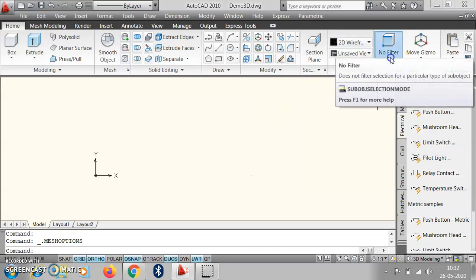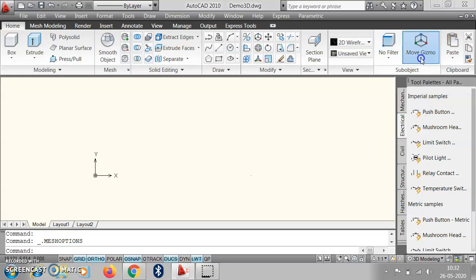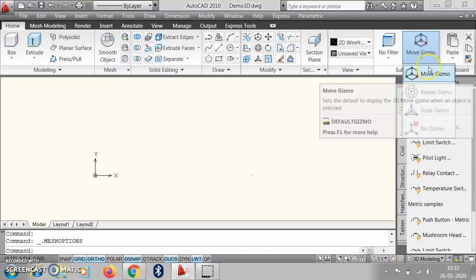Then filter, if we require a filter, particularly for edges and faces, in that case we can use this one. And the gizmo is a very important toolbar whenever we have to work in a particular direction, X or Y or Z. In that case we use these gizmo options.